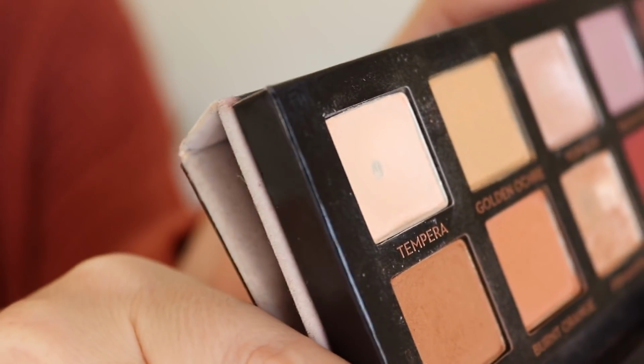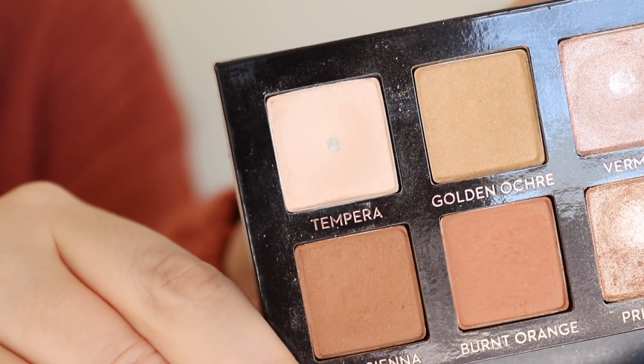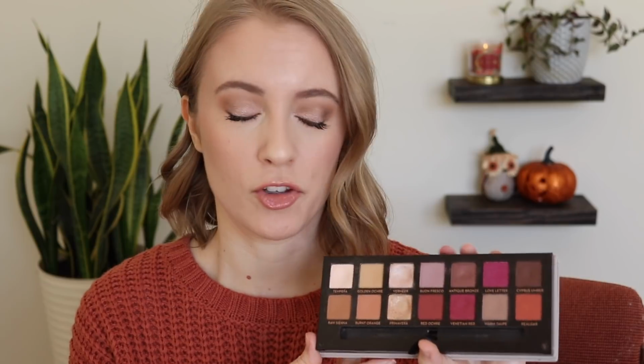But I have found that, at least for me, shimmers are a lot easier to hit pan on than mattes, especially with the Anastasia formula. It is a very soft formula. I think Anastasia's shadows are known to be a little bit easier to hit pan on than some other brands,